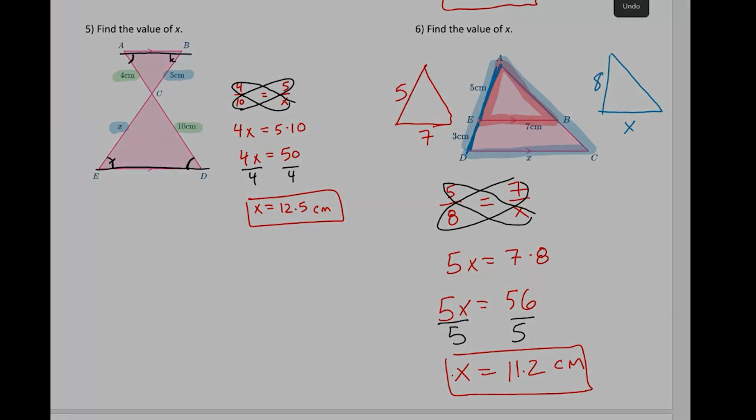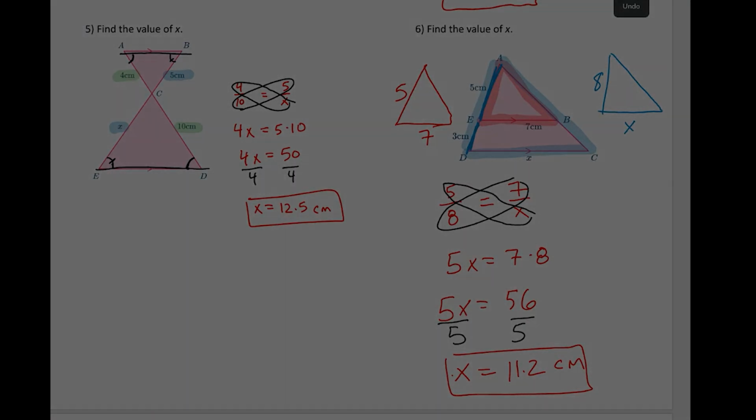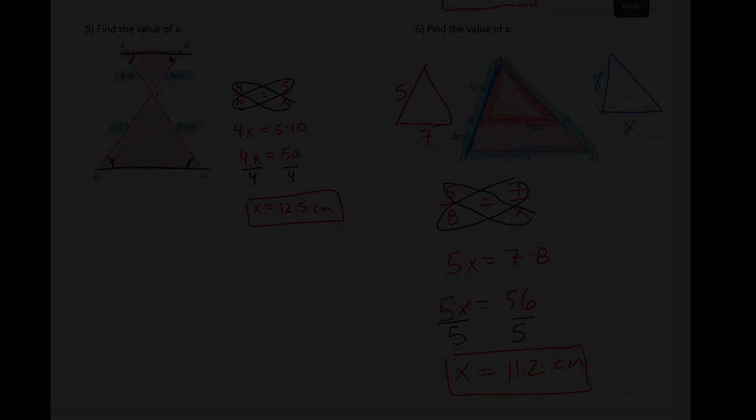Anyone have any questions about similar figures? All right, well, you've got the last